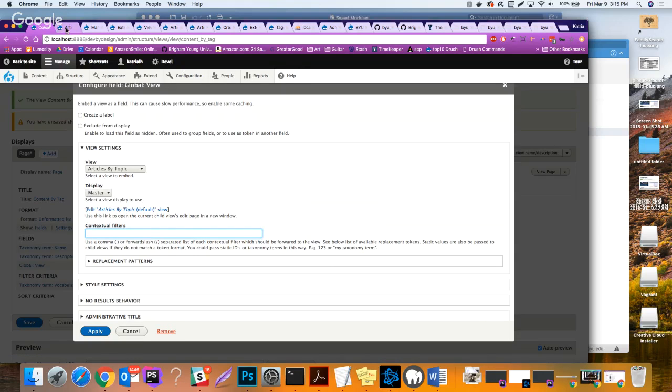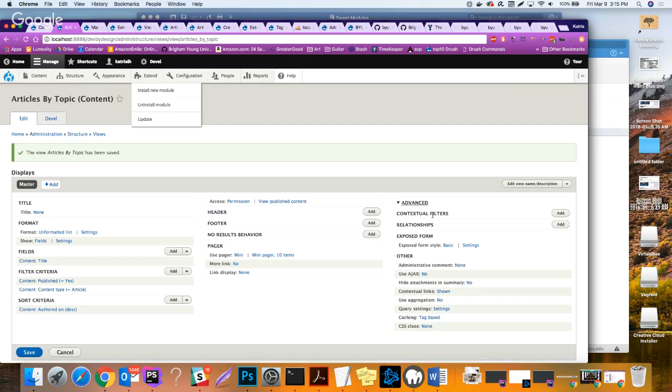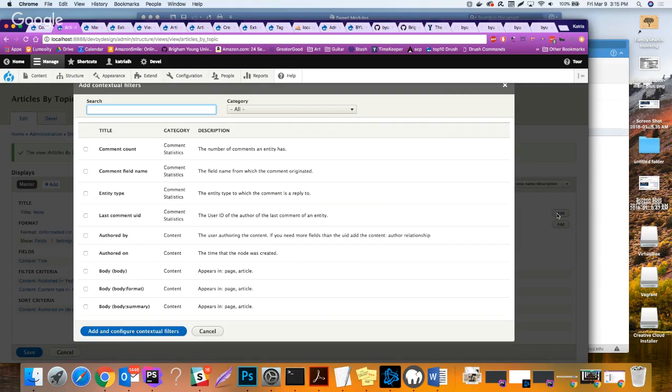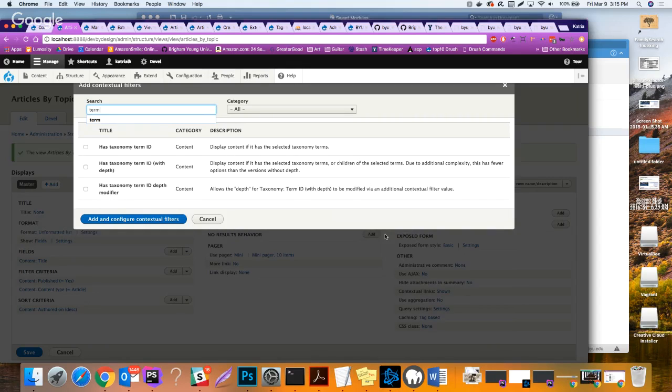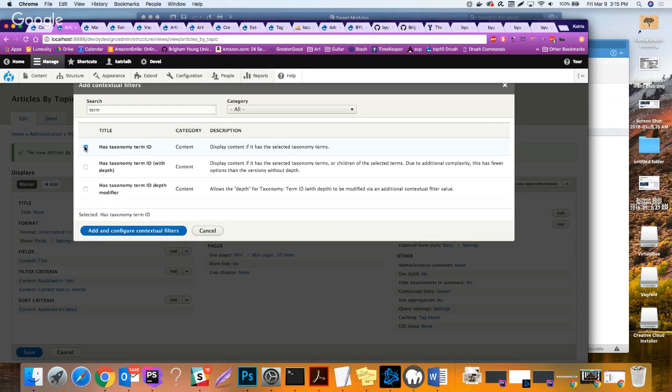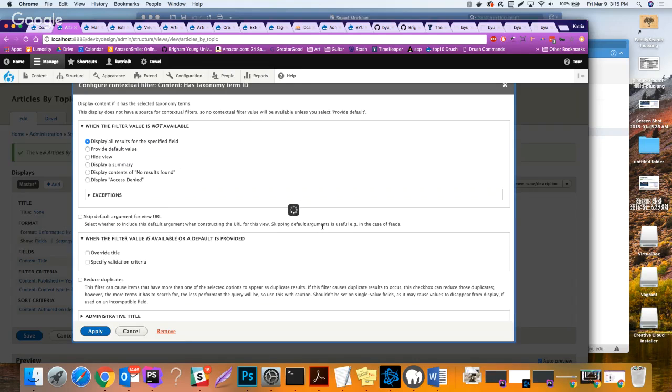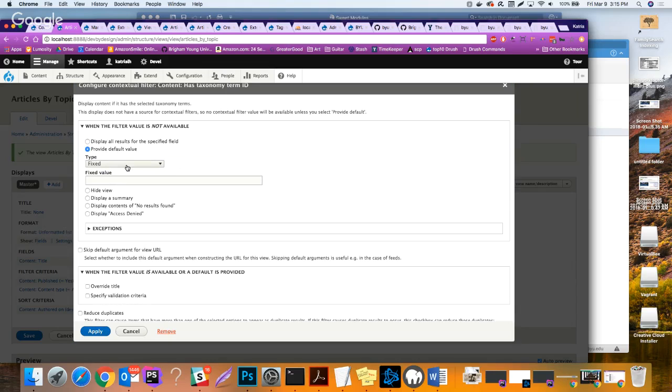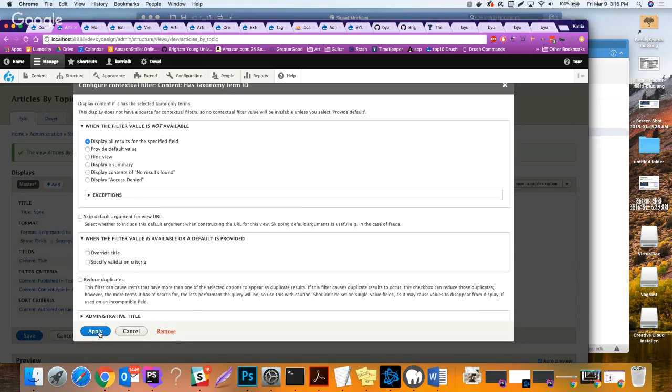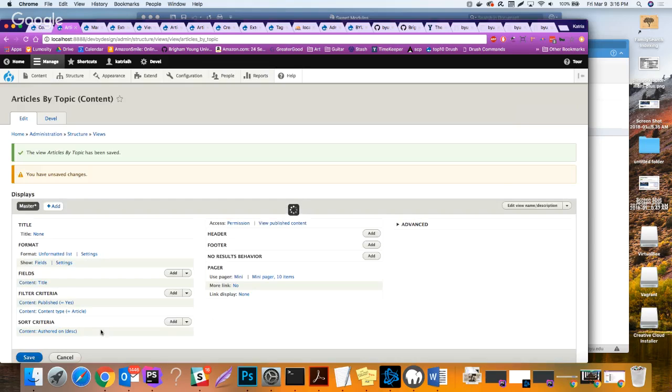Now, on this one, we want to add a contextual filter and say we only want content that references a certain term. Has taxonomy term ID. I think we'll try this one. And then we'll say provide the default value. Actually, no, we won't, let's not say anything yet. We're not getting it from the URL. So we save. Now, right now, the articles by topic doesn't even know how to get its taxonomy term ID